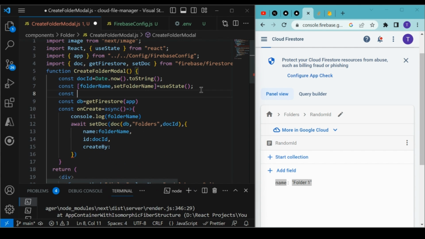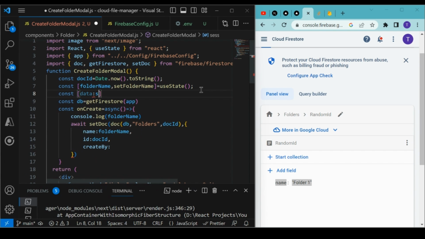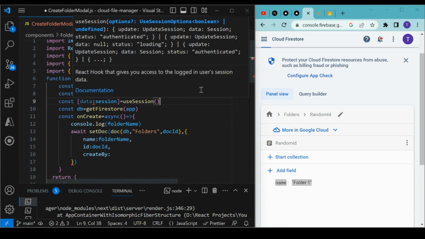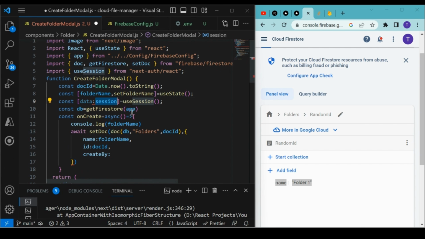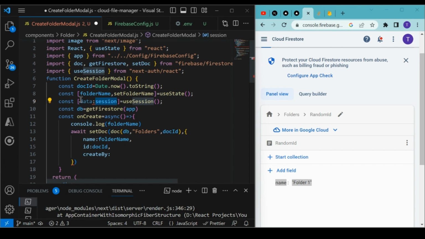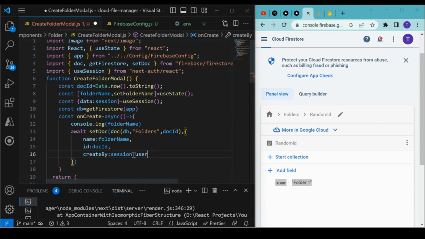So obviously you have to get it from the session, so just write data session, session is equal to useSession. Okay, and then from the session you can get it. I don't know why this error is coming, but let's see. So this actually needs to be in curly braces. Okay, and then you can pass session.user.email,